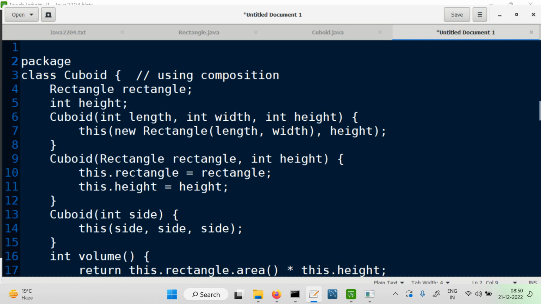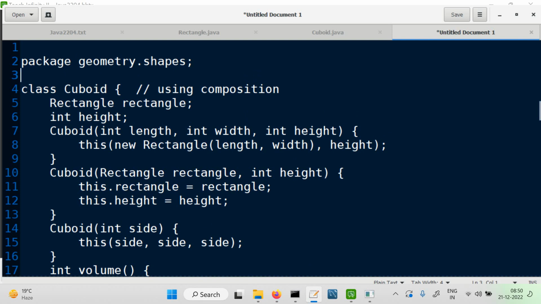So I can say package. What should be the package? Let's say geometry.shapes. Maybe I just call it geometry.shapes. This one is geometry shapes. So what is this class which I have defined? Let me put the comment which is here. Let me take it up over here. So this is nothing but available as